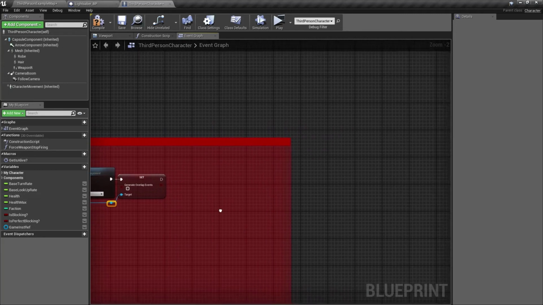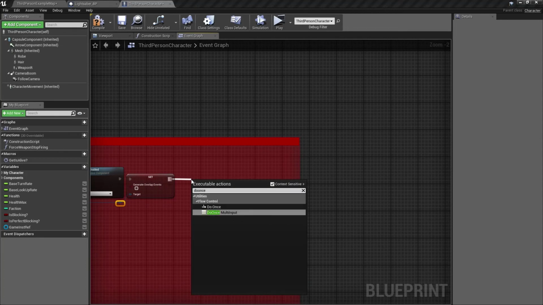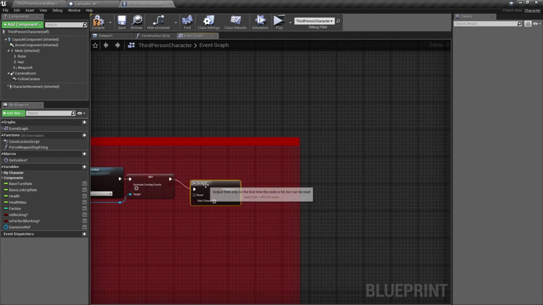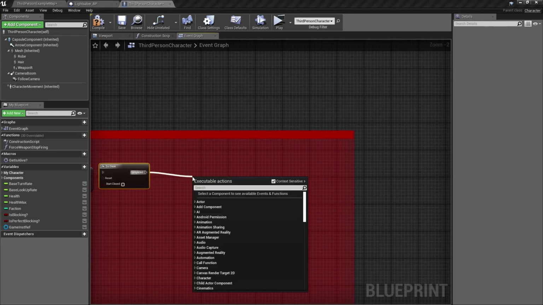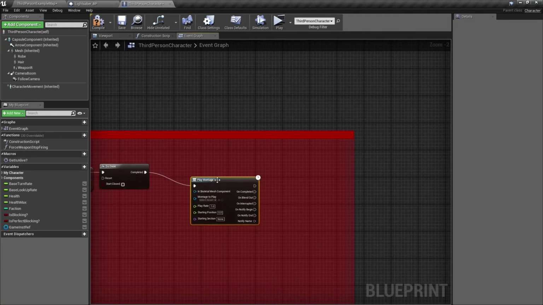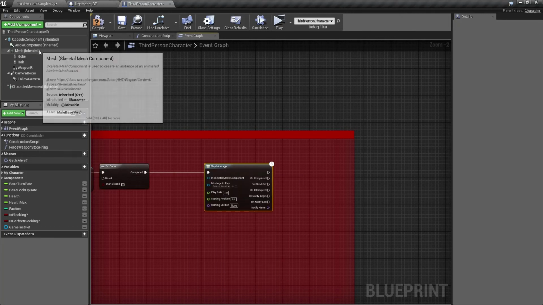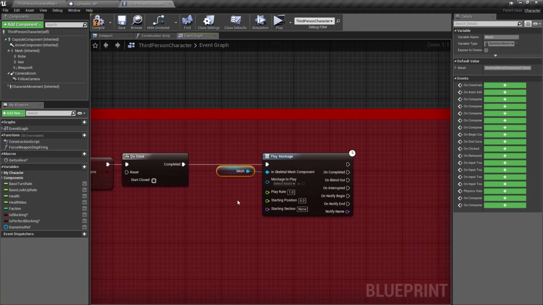And then from here, we're going to do once and then we are going to play montage. And we're going to get our mesh, plug that into our skeletal mesh component, and then